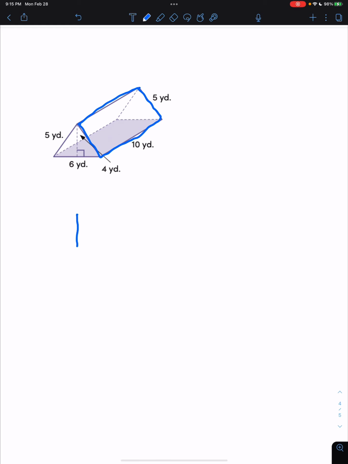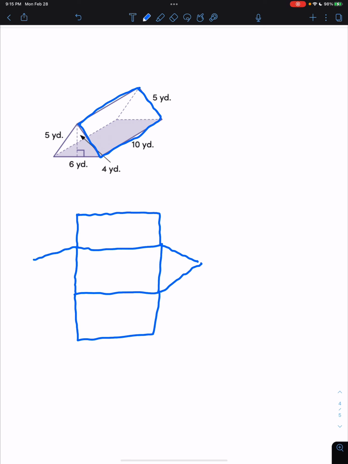So we're going to have 3 rectangles that are all the same shape, even though my drawing is not all the same shape. And then on the side of one of the rectangles, we're going to have triangular faces. Okay, so if I translated these dimensions onto my net, what I would get is 10 yards here